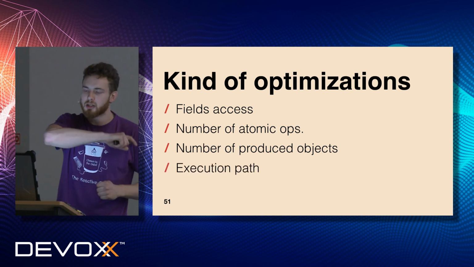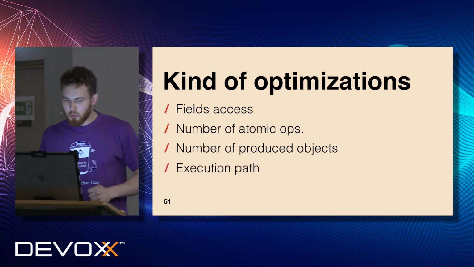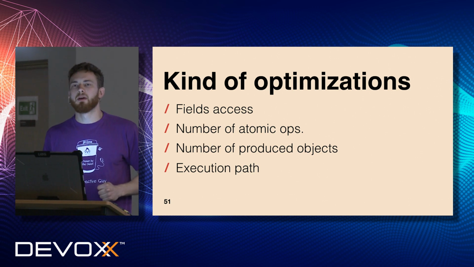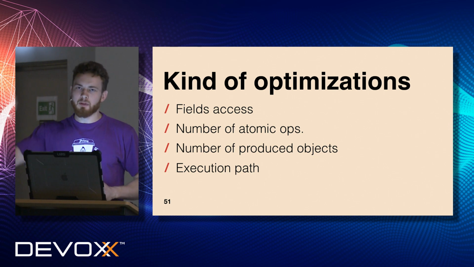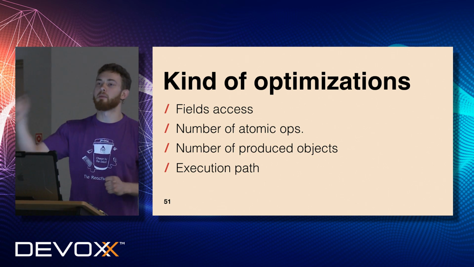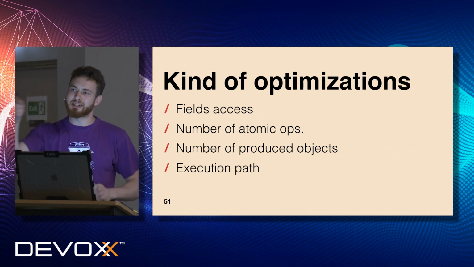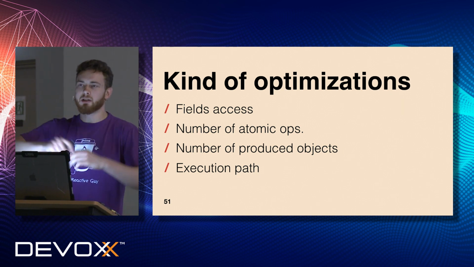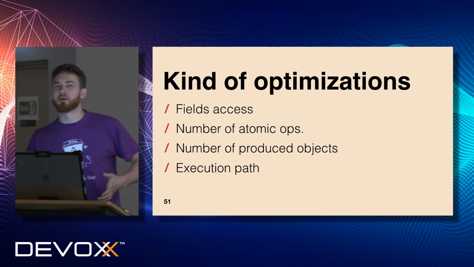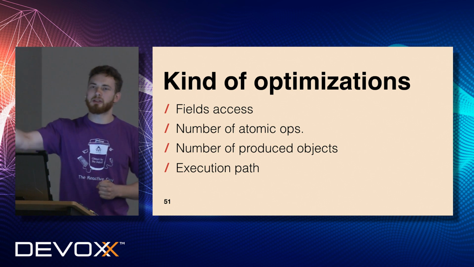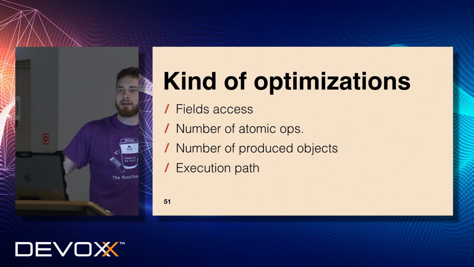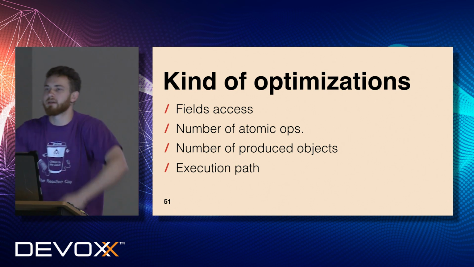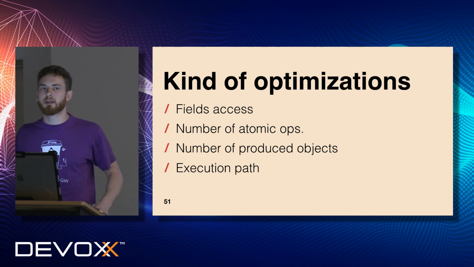So we have to take a look at how we can decrease the number of created objects. And finally, we can improve the execution path. As you remember, I said that if someone requested Long.MAX_VALUE, the subscription could be considered unbounded. So your publisher could simply send data until the end of the data stream. It means that we can decrease the number of accesses to the requested field, because we don't have to check how many elements were requested, and we have to just send, and that's it. Does it make sense?